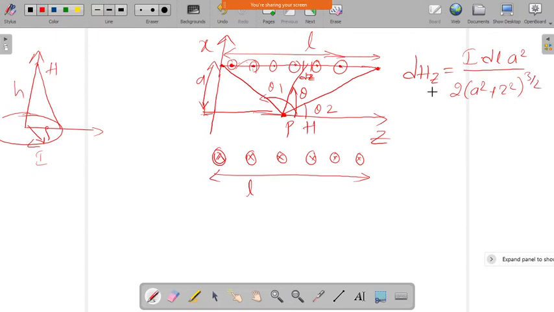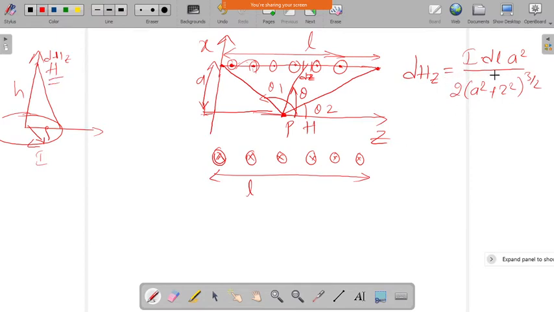So already we have derived that one. That is dHz, which is nothing but I rho square divided by 2 times (rho square plus h square) whole power 3 by 2, in the direction of az. So we have found out dHz and also the H. The same expression I am writing here.